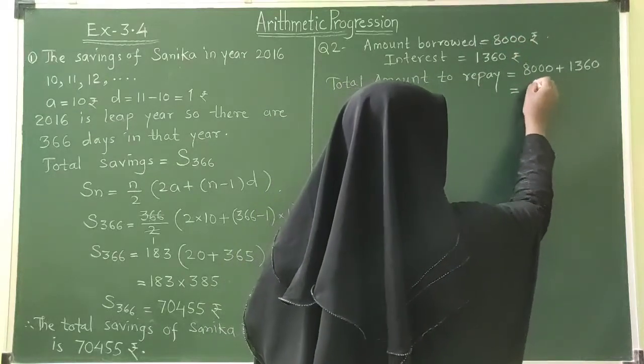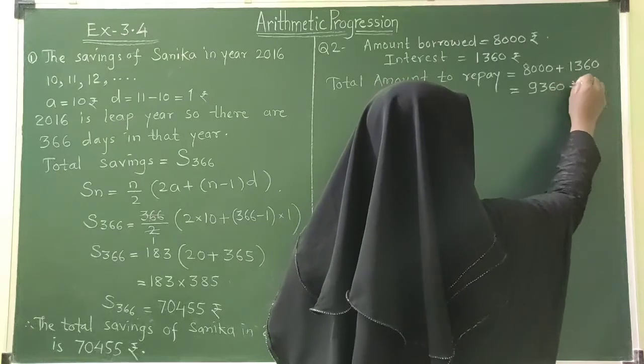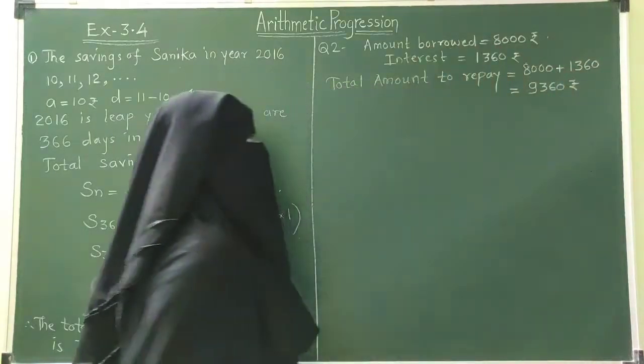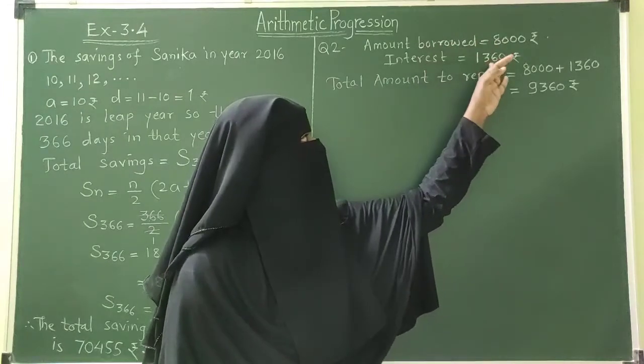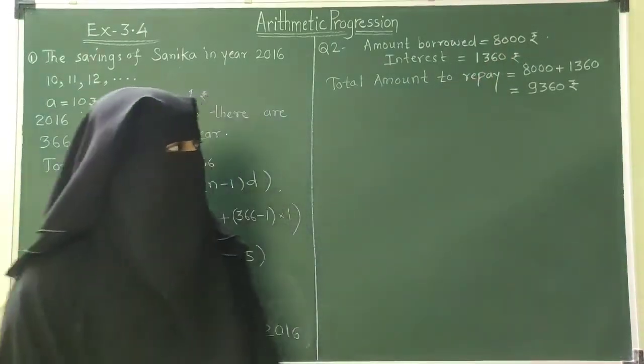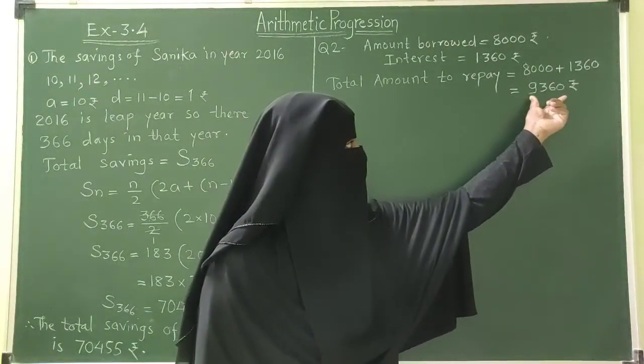Adding these two we get 9,360 रुपीज. टोटल इतने रुपीज उसको पे करने हैं क्योंकि उसने बोरो किया 8,000 और एग्री हुआ इंटरेस्ट देने के लिए 1,360. तो टोटल अमाउंट उसको 12 इंस्टॉलमेंट में पे करना होगा